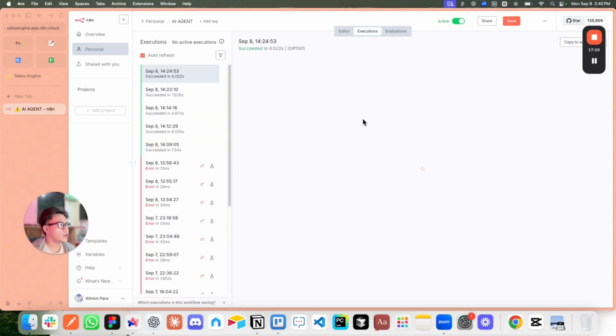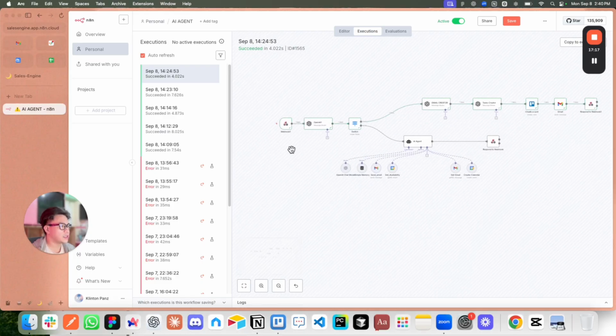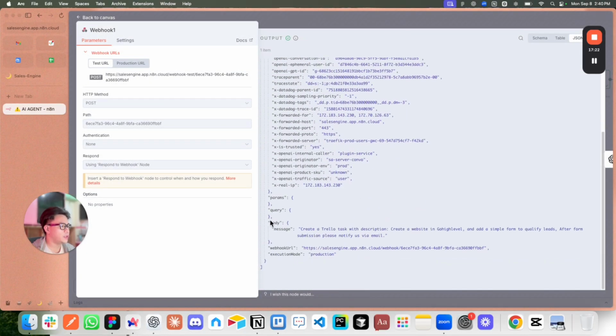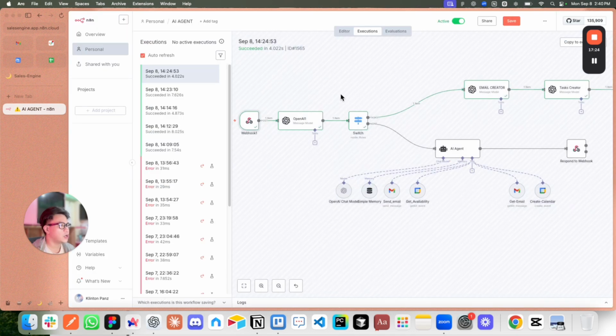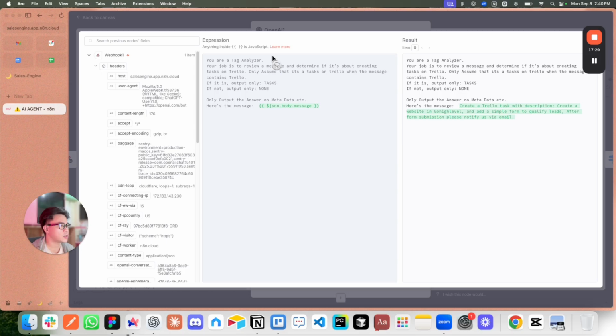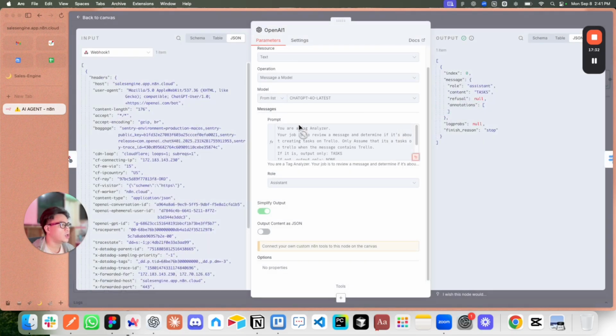And also here's the executions right now for the task that we created earlier in our Trello. So this is basically it. The same thing as this one in here. So the webhook would be this one in here. The message, we grab the message. We feed those message parameters into our prompt in here, right? So as you can see here, we feed this data in here. Once we have this data